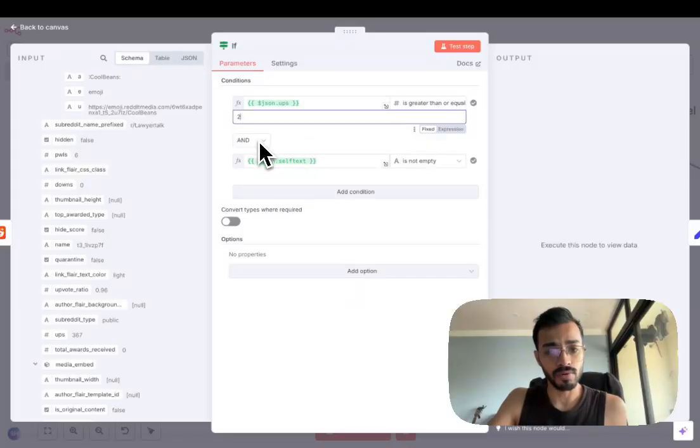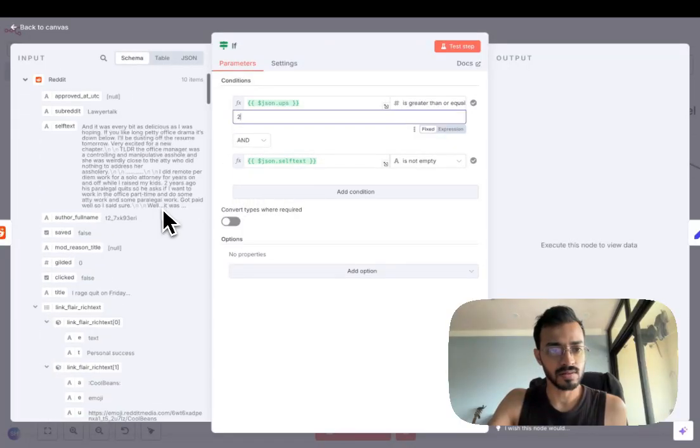And there's another operator here, which is the AND operator, which, if you know Boolean, means both of those conditions have to be true. And so the number of upvotes is greater than 2, plus the self text, which is the output that the Reddit step sent us in the first place, is not empty, right? So this is a string, as you can see.